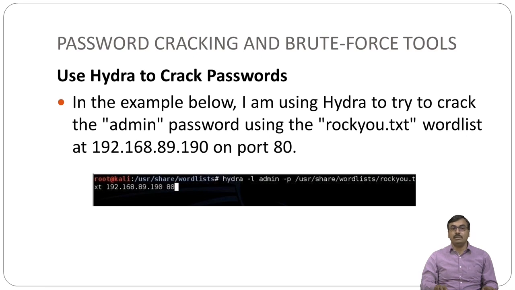So in this example you can see I am using Hydra to try to crack the admin password using rockyou.txt as my word list file, and the targeting IP is 192.168.89.190 on a specific port, that is 80. Here you can see the example command on the screen.